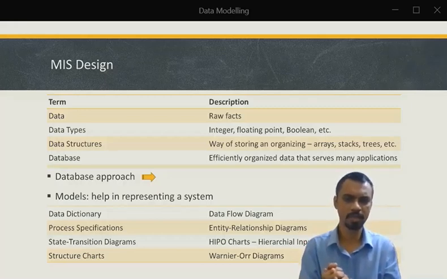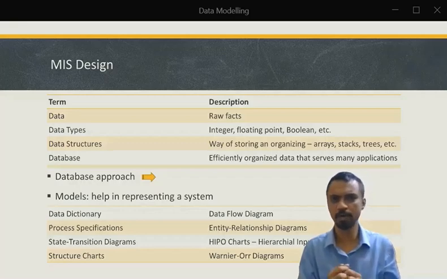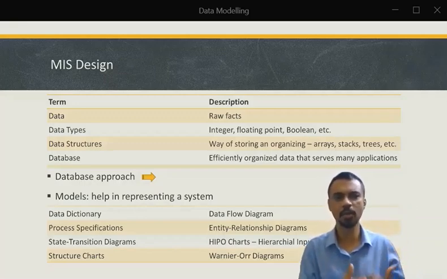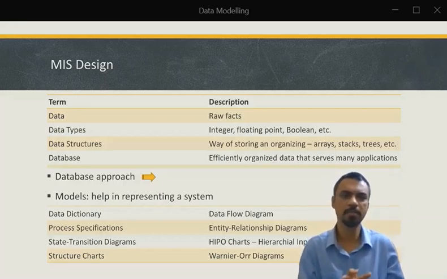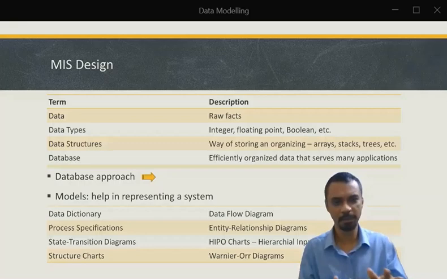The most essential one is the entity relationship diagram, which makes or breaks an IT implementation. It's very important, particularly for managers, to know what entity relationship diagrams are, and whether they correctly depict my business reality or not. Sometimes the business reality is something, and your IT system is something else, and then it is of no use. Everybody curses the implementation, it is not successful, and there are so many failed projects that we see.